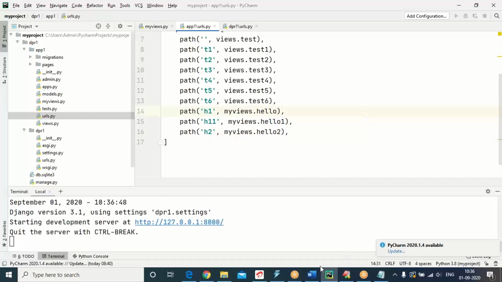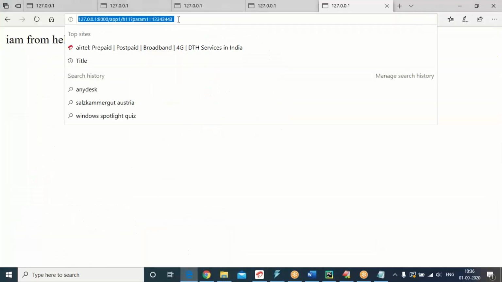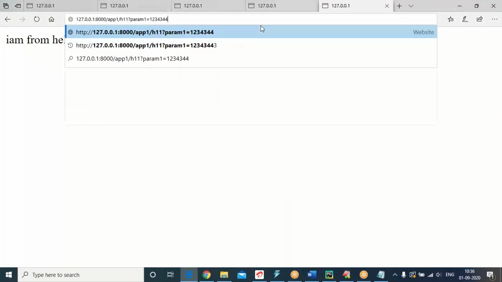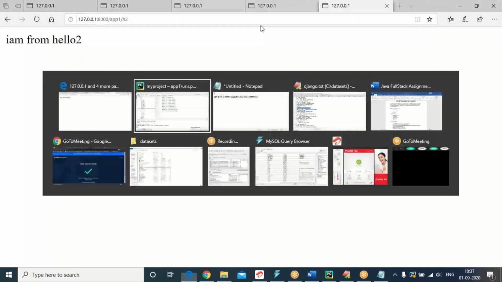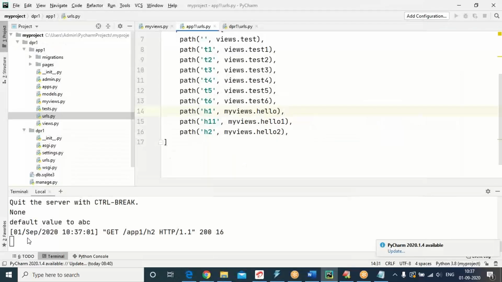Open a browser. Give a call to H2. Check in the console. The first one is None. The second one is the default value for ABC.